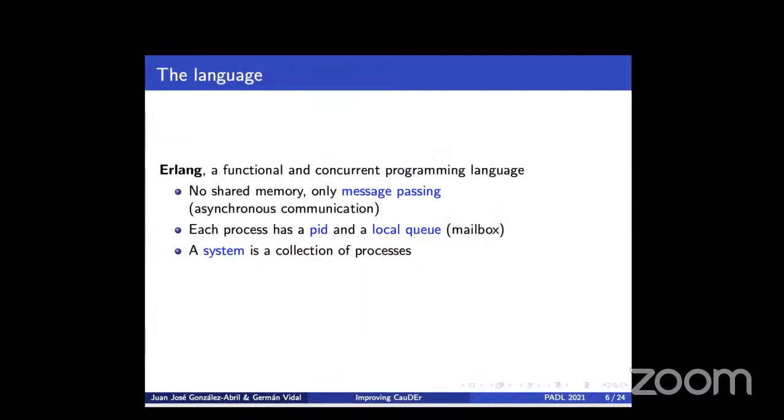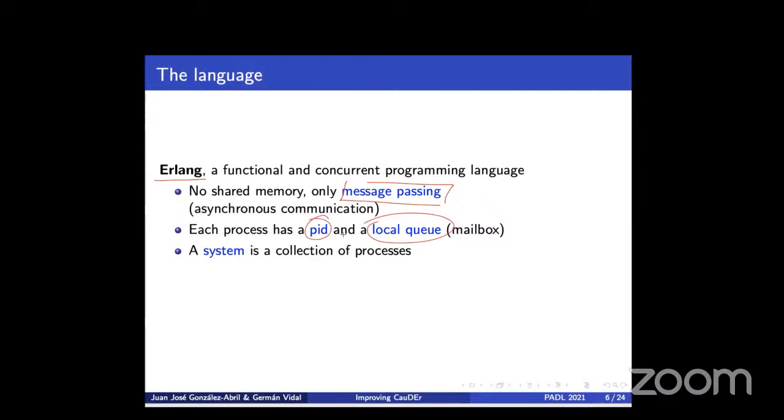Now let me show you some technical details of our approach. As I said before, we consider the functional and concurrent programming language Erlang. Concurrency in this language is based on message passing. At runtime we have a number of processes that can only interact through message sending and receiving. There's no shared memory. We also consider that communication is asynchronous. Each process has a unique identifier that we call the PID of the process, together with a local queue, which is a sort of mailbox, where messages delivered to this process are stored until they are consumed by a